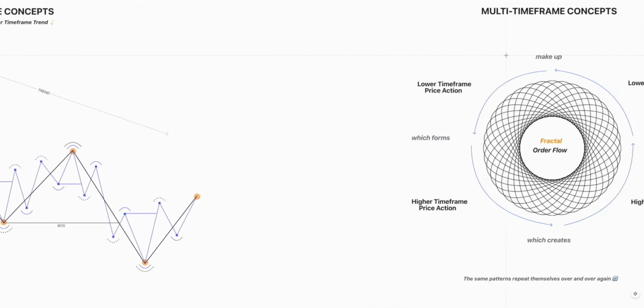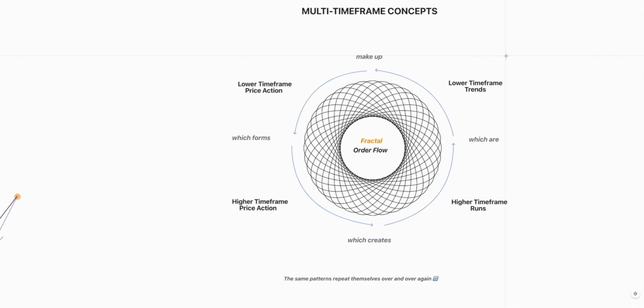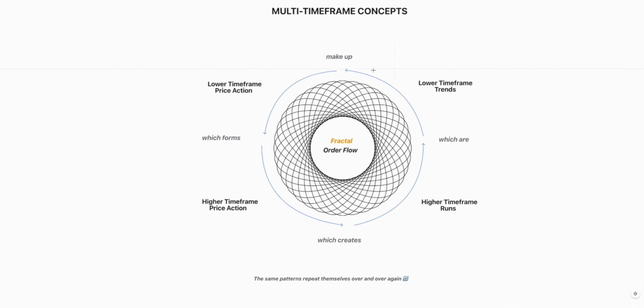Now, this little diagram here should nicely summarize what we've been through. So lower time frame price action forms higher time frame price action, which creates higher time frame runs, which are lower time frame trends. Right, so it's those higher time frame runs which are made up of lower time frame trends, which is the fractal nature and never-ending cycle of the market, as the same patterns repeat themselves over and